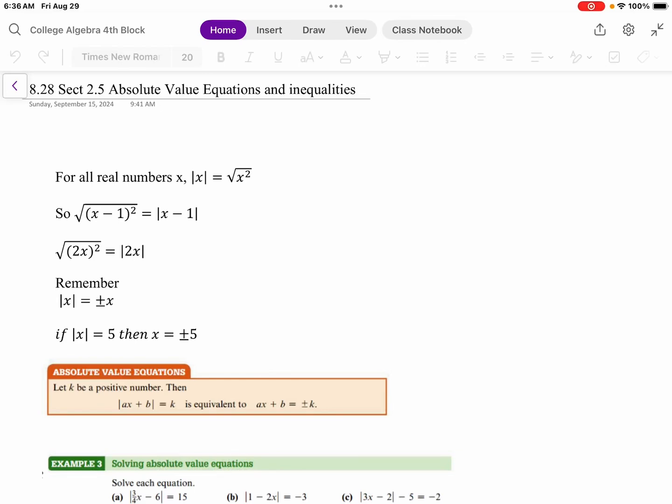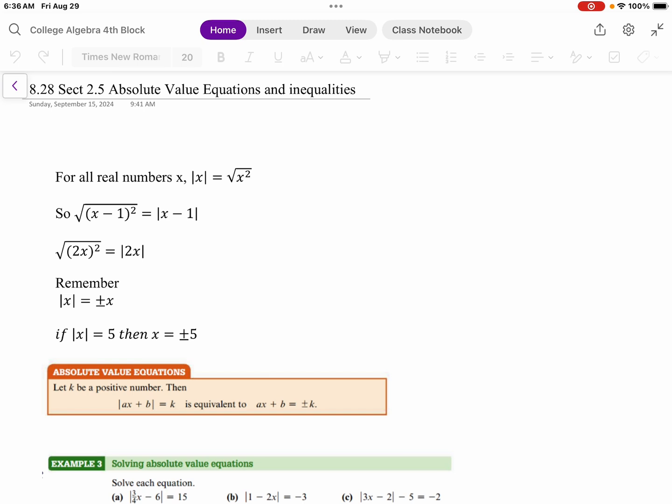All right, so here in section 2.5, we're working with absolute value equations and absolute value inequalities, and we're wrapping up chapter 2 with this lesson. There are some things we want to make sure we cover from the very beginning. For all real numbers x, we have to remember that the absolute value of x is also equal to the